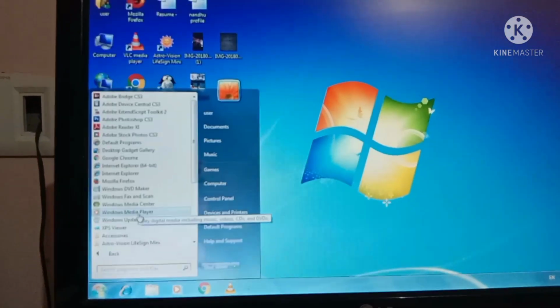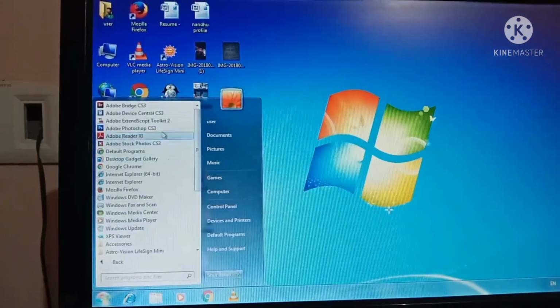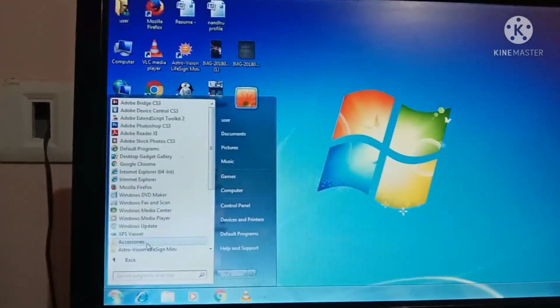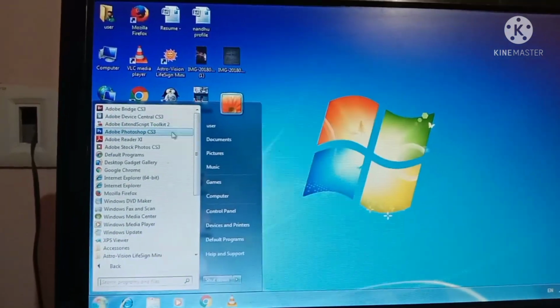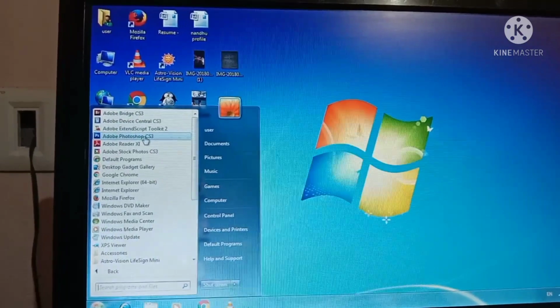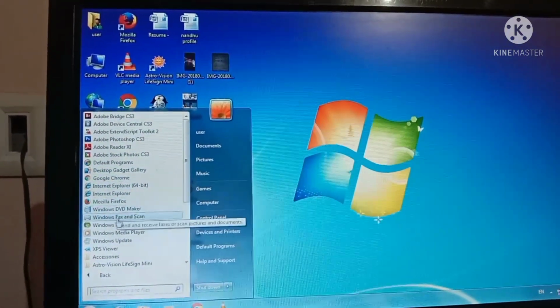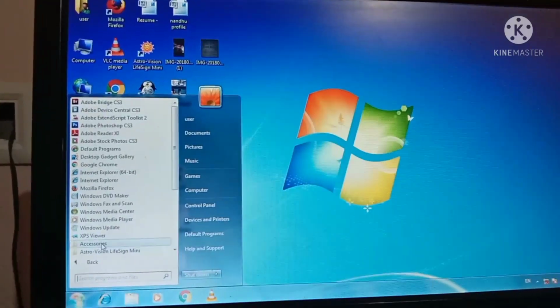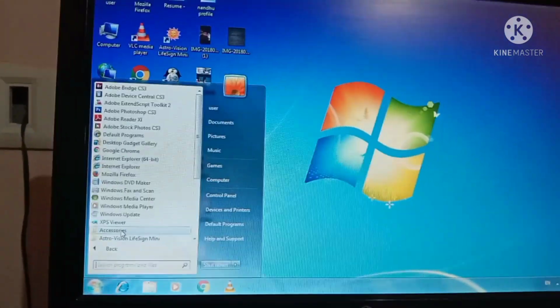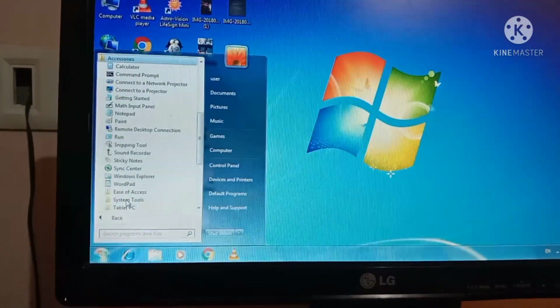Now one group of application software is coming there, right? So I have to search for the accessories. You have to read each of them, and yes, here there is, can you see this, accessories? So I have to click it.